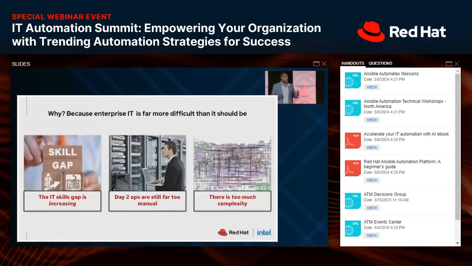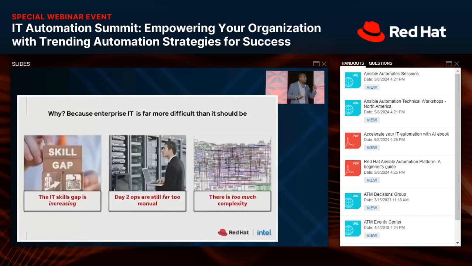So the question is that now that we know that automation is no longer a nice to have, it's a requirement. We know that it should be mission critical. But then the question is why is it so difficult? Why have organizations still having difficulty being able to kind of cross into that space? And we've identified 3 different areas that we feel our customers have seen, and we wanted to make sure we share that with you as well, right?